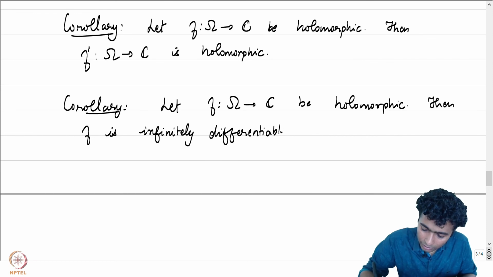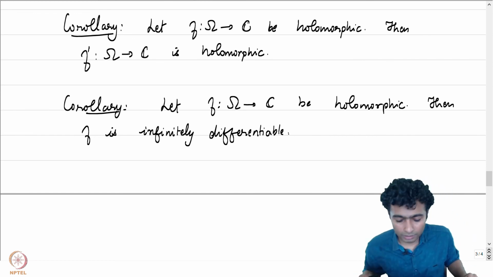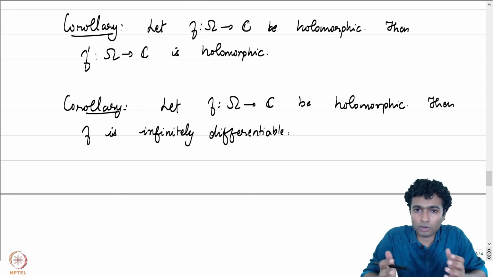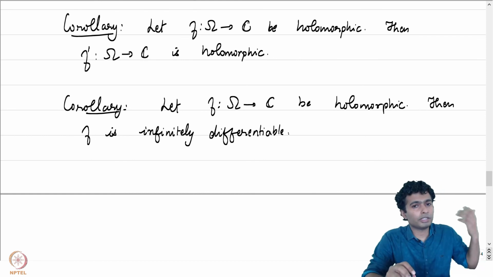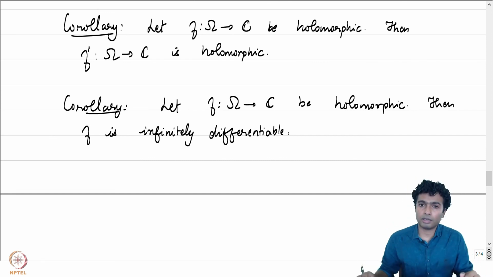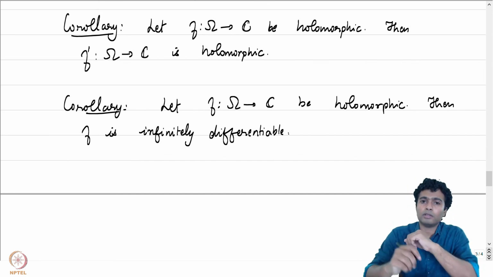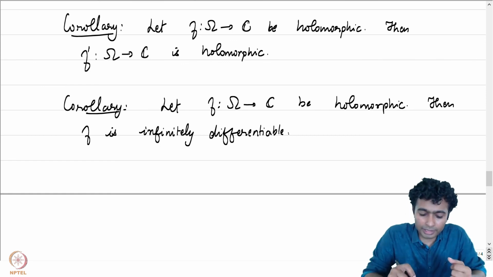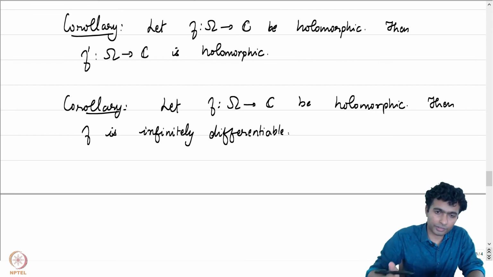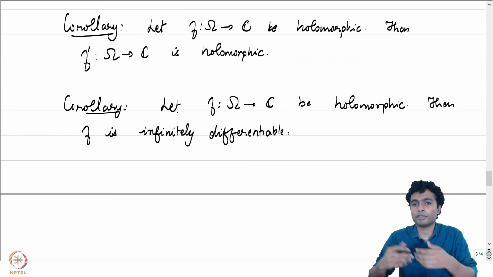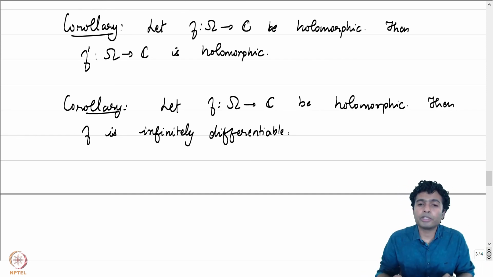And at this point, at this juncture, let me point out that this is one of the major differences that we will be seeing for holomorphic functions from that of the corresponding differentiable functions in the real setting. If you recall, we do not have any result of this sort in real analysis. There are functions which are differentiable, which are not real analytic. In fact, there are functions which are smooth, which are not real analytic. That's not going to be the case in the case of holomorphic functions.